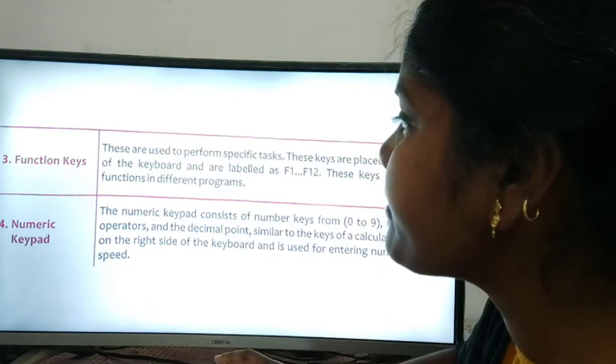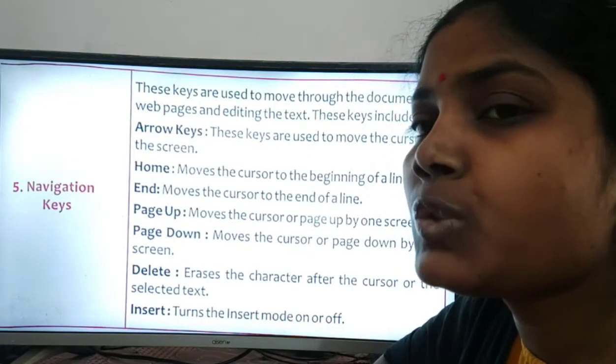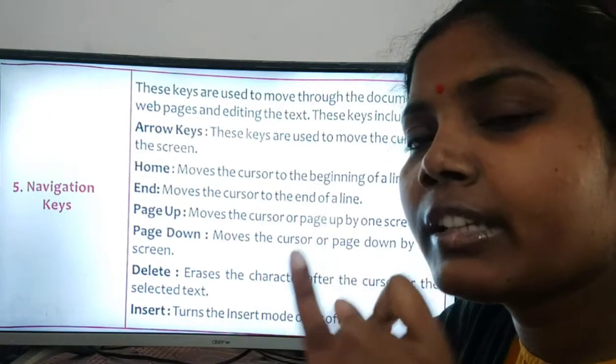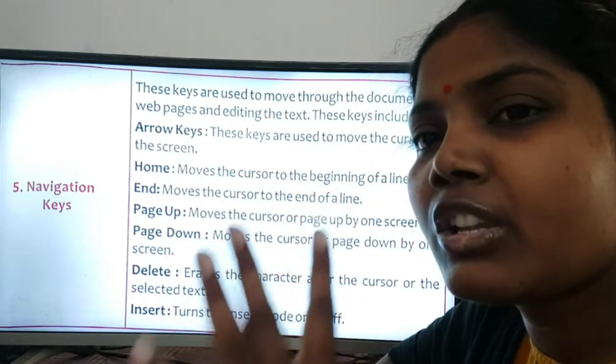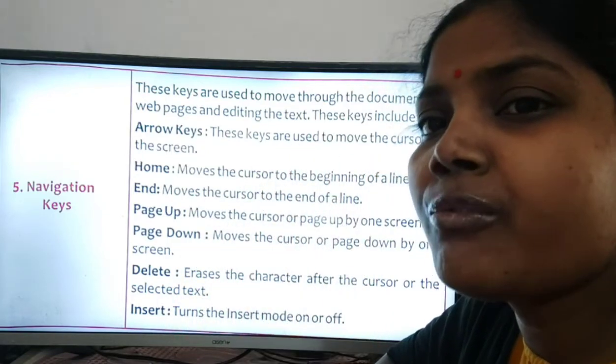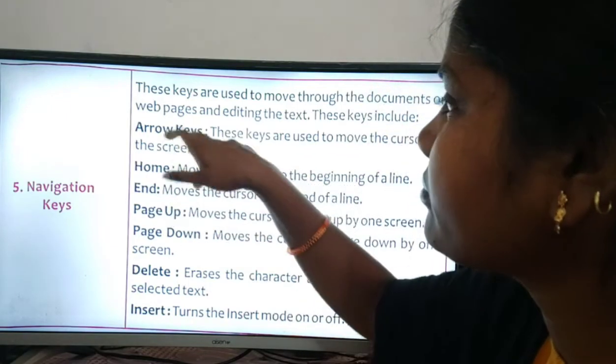At last we have the navigation keys. So far we learned typing keys, control keys, function keys and numeric keys. Now we are going to learn navigation keys.